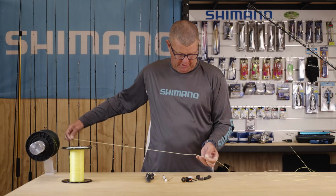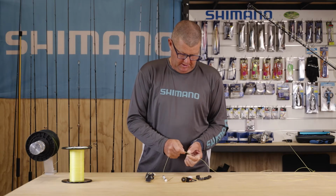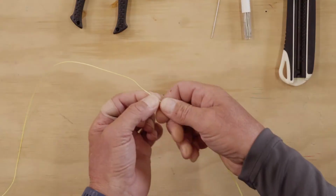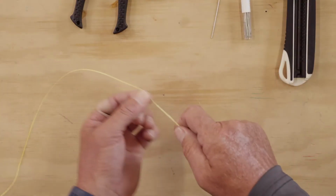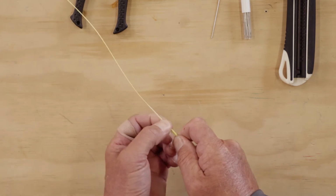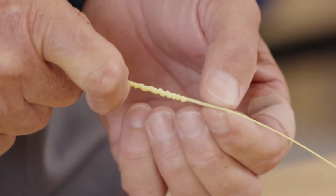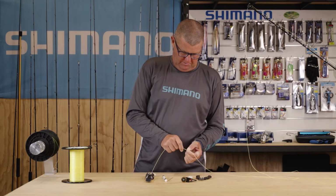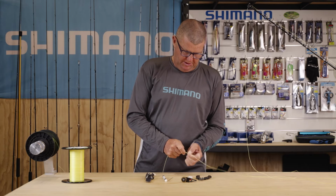The great thing about the Power Pro hollow ace is that the makeup of it is really, really easy to splice. It's got almost like a waxy layer, and it holds its shape a lot easier, making splicing a lot easier as well. There you go. So once you get it through